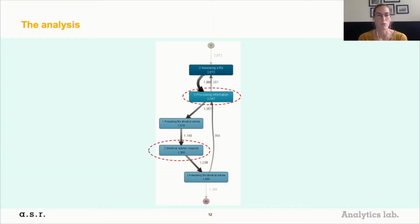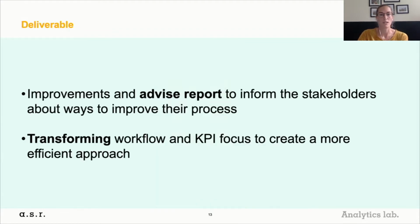information. So what you see here is that a lot of information is processed, but that only for 70% of the cases, this information is used for a medical report. So a lot of information is being processed that never turns into a medical report, and that is really inefficient for the process. And so we discussed this with the team manager, and what we did is we created